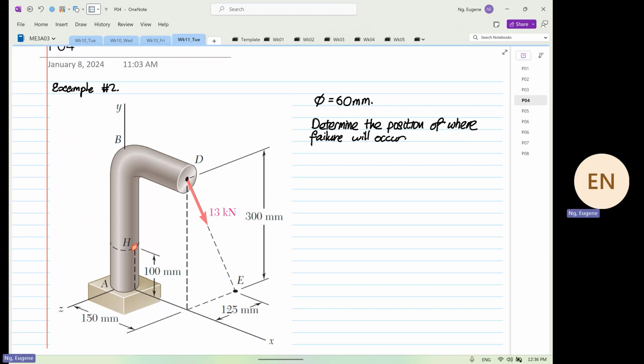And you can see, will failure occur at element H? The answer is no. Element H is not going to be where failure will occur. Can someone tell me where failure will occur? Which plane? At A, yes or no? Can you see that? At A is where failure will occur. Okay. So first thing we have to do, okay,